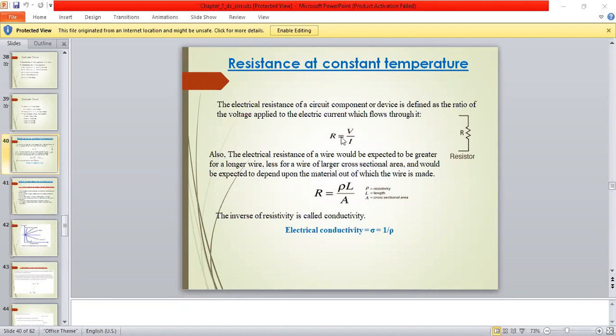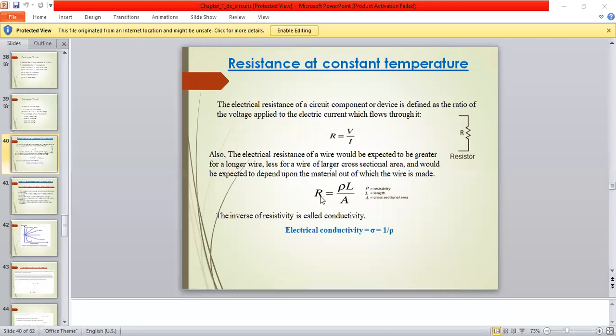ठीक है, it is the area of one particular cross section of the wire, so that's why it is taken as a circular form. So here if you have to apply the formula for that area, then you have to take pi r square. ठीक है, उस एरिया का फॉर्मूला लोगे पाई आर स्क्वायर लोगे, because when you cut the cross section for any wire, that is a circular shape. Okay, and would be expected to depend upon the material out of which the wire is made.